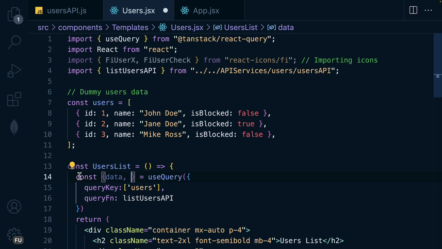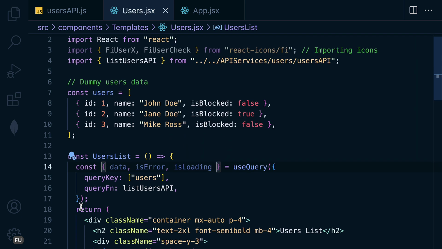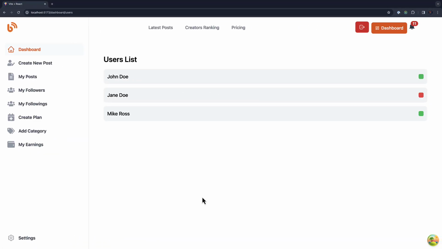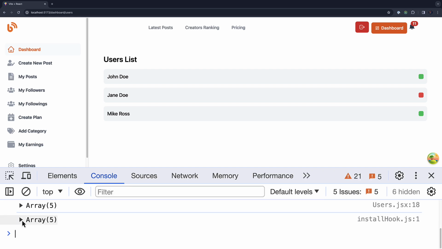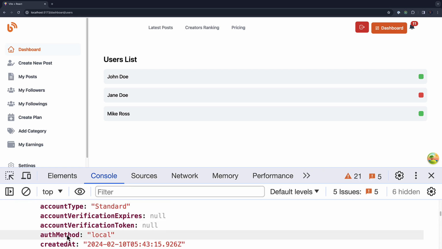The data, error, is loading, and then yeah, I think we need this one only. So here if we log the data, let's see in the console, and we have 5. So we can display this one,